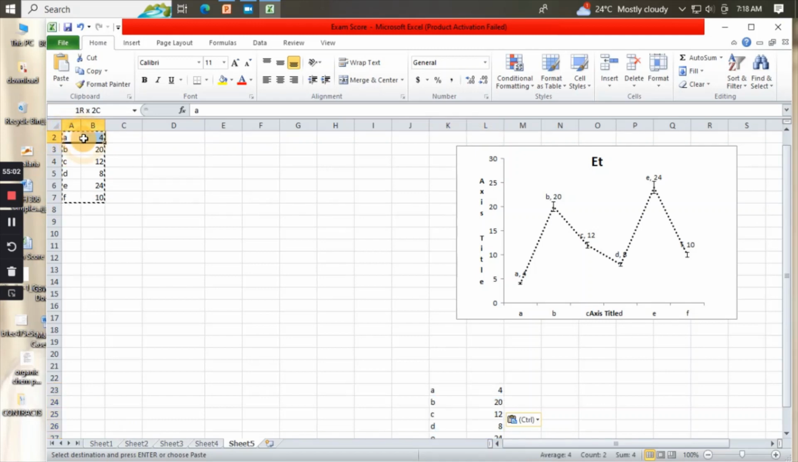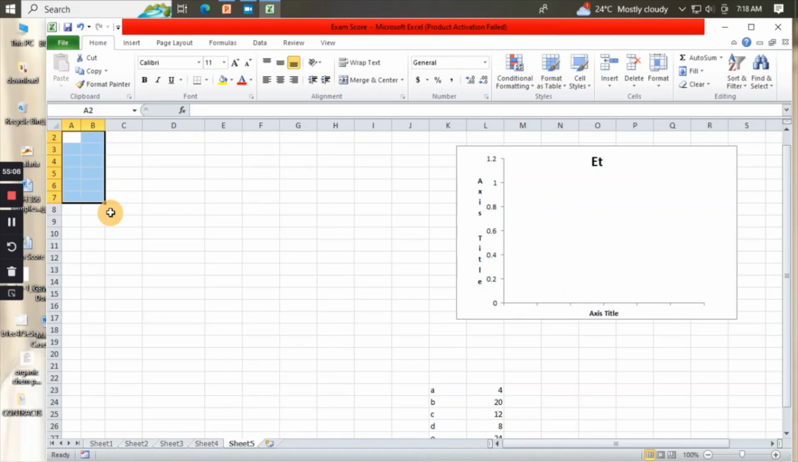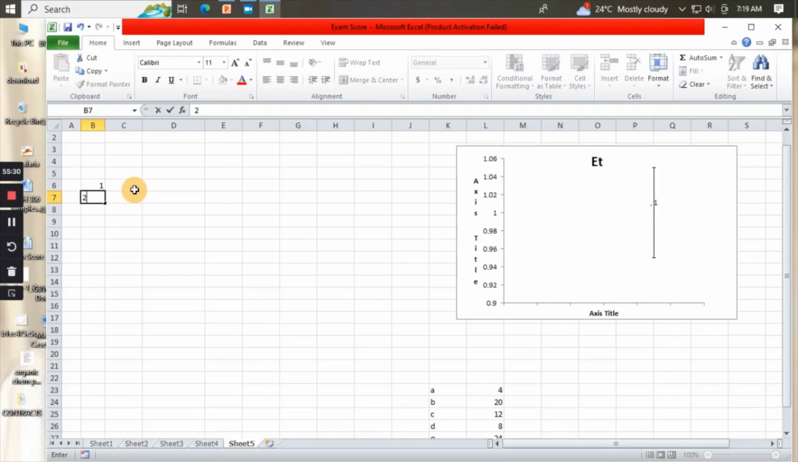If I want to delete, then I'll just come here, select and delete it. Let's say I want to plot a linear graph in Excel. A linear graph. So with a linear graph, you come here. Let's say I want to plot a graph of distance against time. So let's say the distance I want to plot is 1, 2,